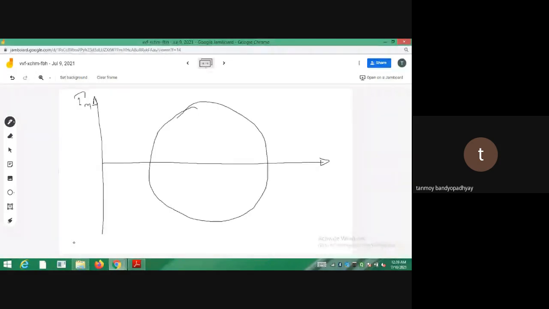Sigma n. So this is the center C. This is the point A, this is the point B. This is O. So OB is sigma y, and OA is sigma x. I'm just writing the values here. Initially you plot the point A, taking the value of sigma x. Then you plot the point B, OB equal to sigma y. Then you bisect this line AB, so you get the value of C. So C is equal to sigma average, or half of sigma x plus sigma y.